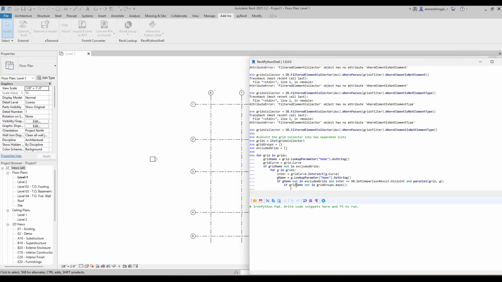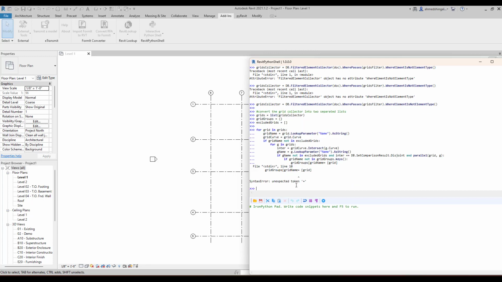We say the grid groups of the grid name equals a grid, and